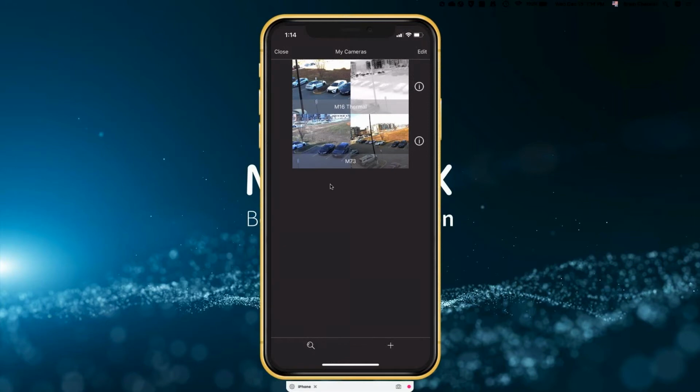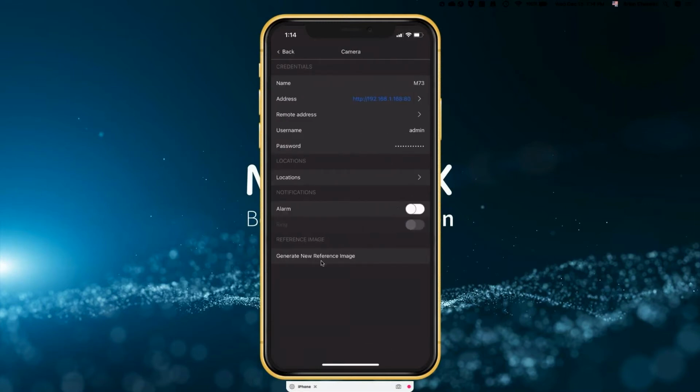So again, if I were to take this camera, point it to the right, that means this really is not a good reference image because it's not what I'm looking at. So if I wanted to change that reference image once the camera is locked down to where I need it, again, I would just hit the I button and then click the generate new reference image.